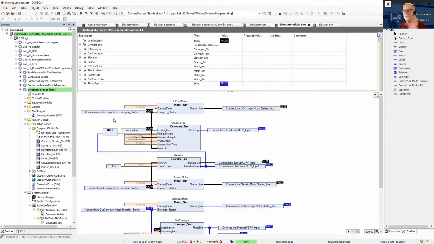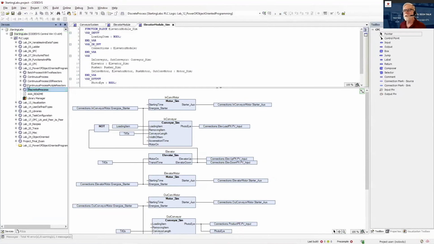One thing I do want to point out here: in the simulator, the outputs of the control code are the inputs of the simulator. So these are the same full path names that you will use to map the I/O into this. This would be an output into the simulator. And then the outputs of the simulator are the inputs of the control code. So again, this is the same full path name that you will use to map the physical discrete input into the control code. And so when you're ready to flip over to real life, you just disable the simulator, map in your own I/O, and boom, away you go. Let me show you another one